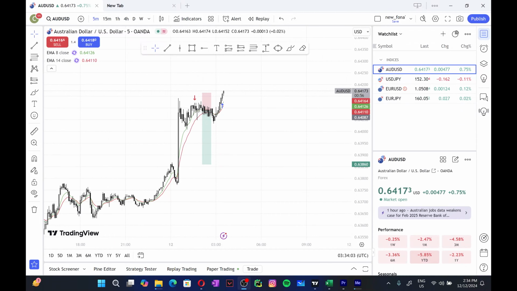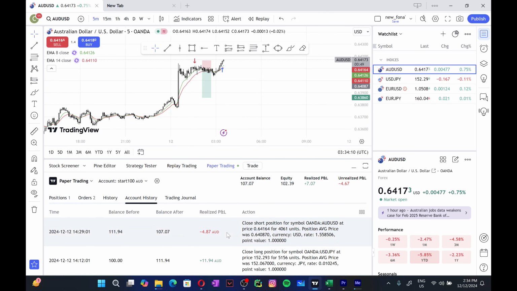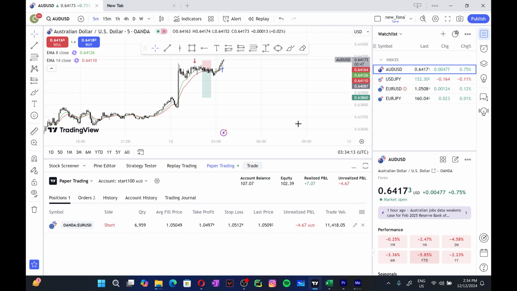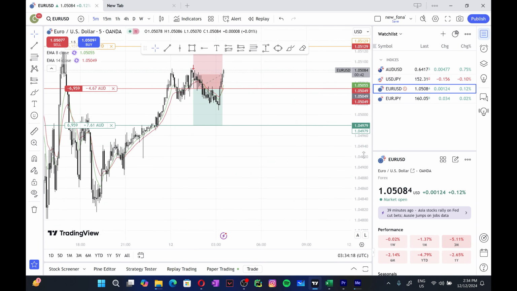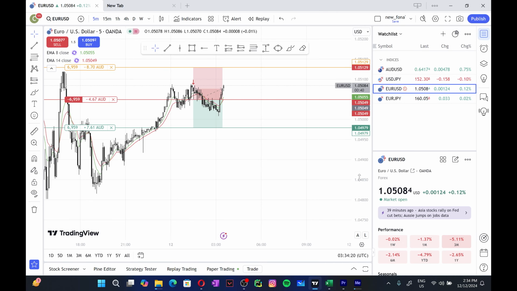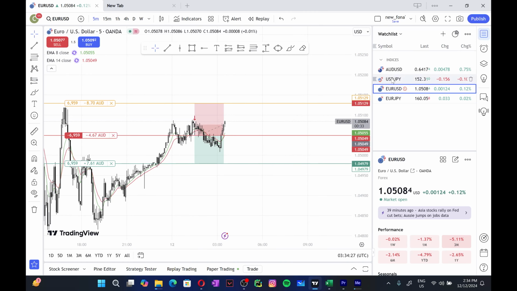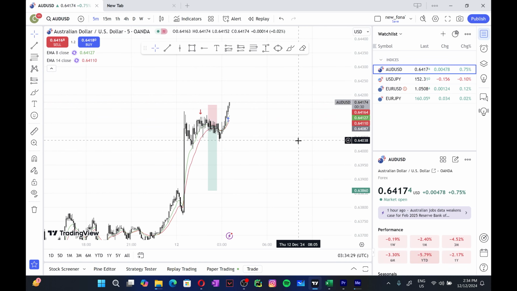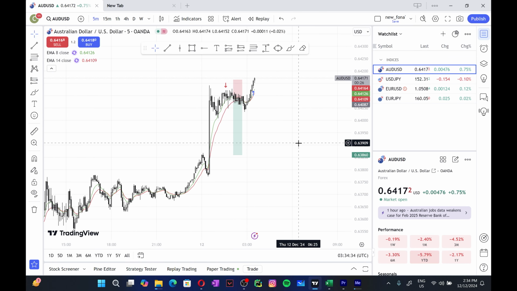Alright, so guys, unfortunately our stop loss has been hit on the AUD USD chart. As you can see, we had a loss of about $4.87, which is really sad, but it's all good. It is okay. What we're going to do is, as you can see, this is actually turning out bad as well. What I believe is that the graph is not bullish. I'm really almost sure that this one is bullish.